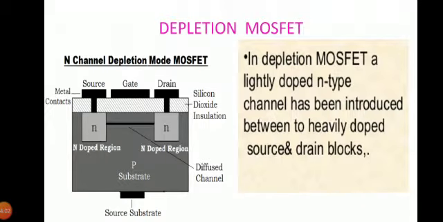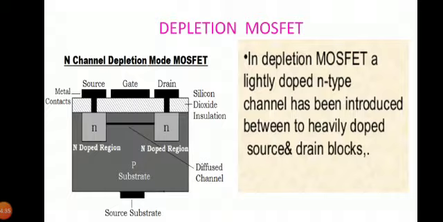And next we will look into the depletion type MOSFET. This depletion type MOSFET consists of two highly doped N regions which are diffused into a lightly doped P-type substrate. These two highly doped N regions represent source and drain. Usually the substrate is internally connected to the source terminal. The source and drain terminals are connected through metallic contacts to the N-doped regions linked by an N-channel, as you can see in the figure.